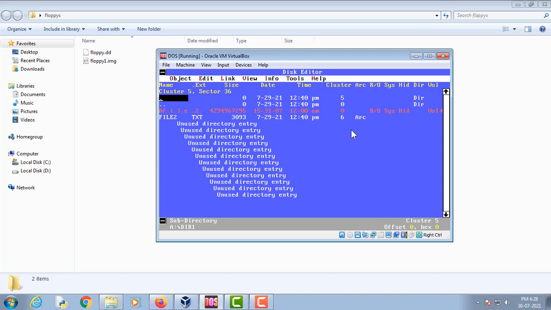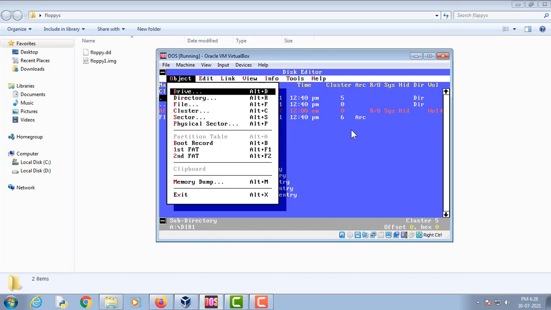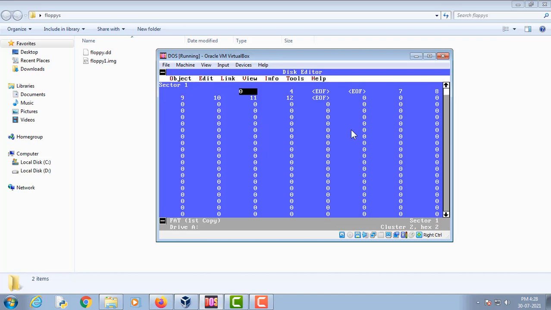Now let's also check the file allocation table. As you can see, the dir1 folder is located at cluster number 5.